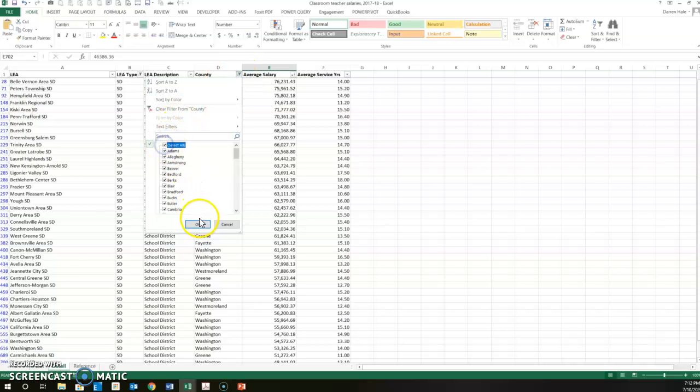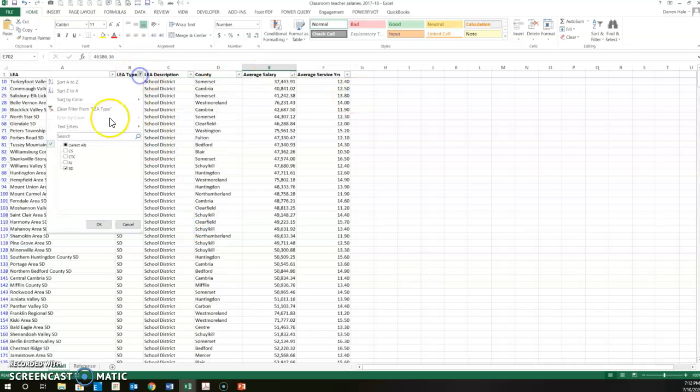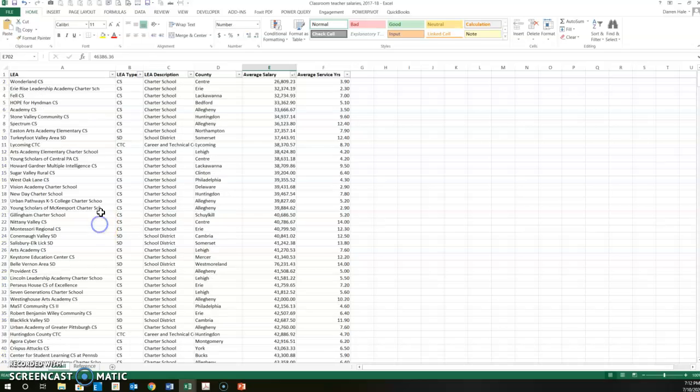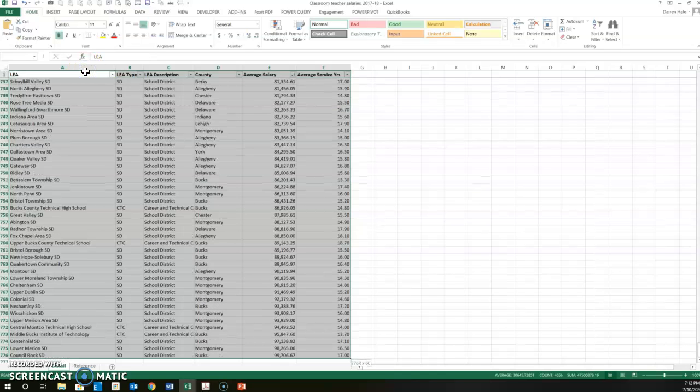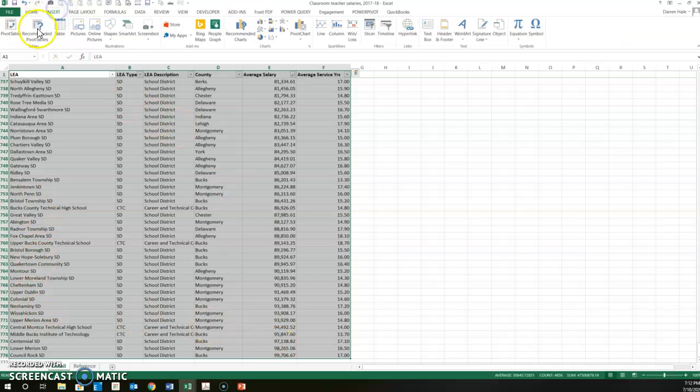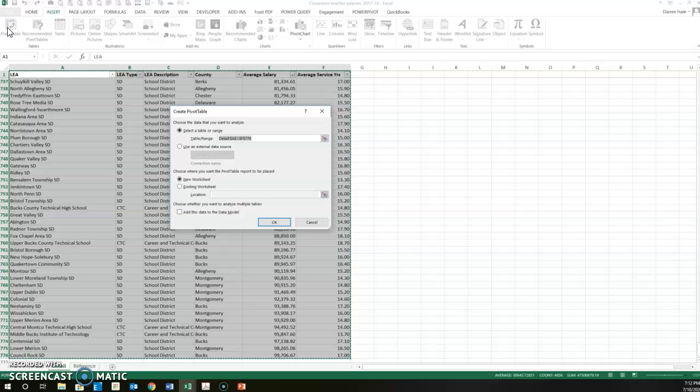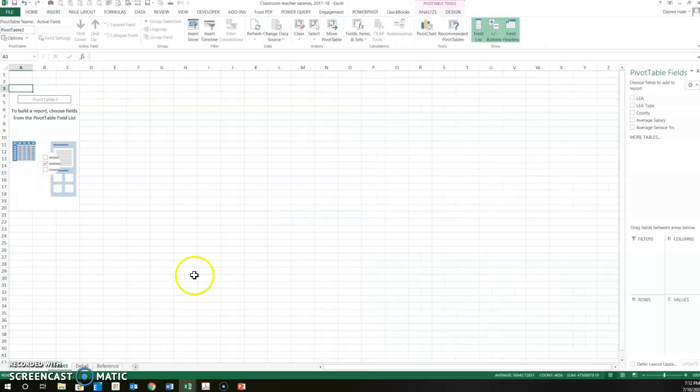It's pretty useful. The last thing I might be interested in doing is saying, I wonder what the average pay per county is. I can make a pivot table out of this data. I'm going to highlight this whole range of data. I'm going to go to the Insert tab. I'm going to select Pivot Table. And it's going to make a new tab